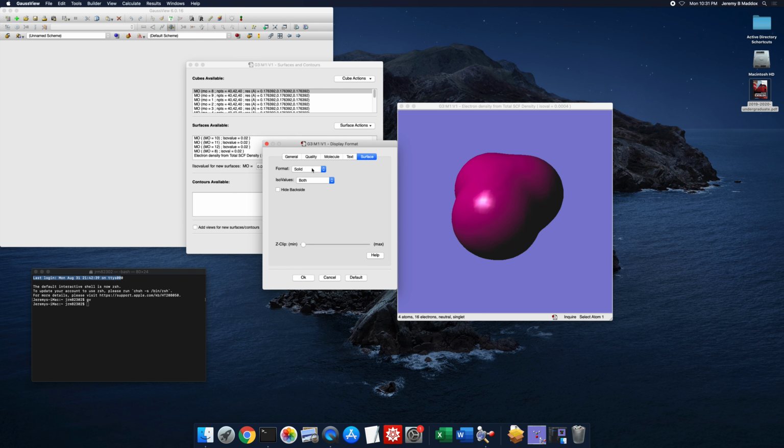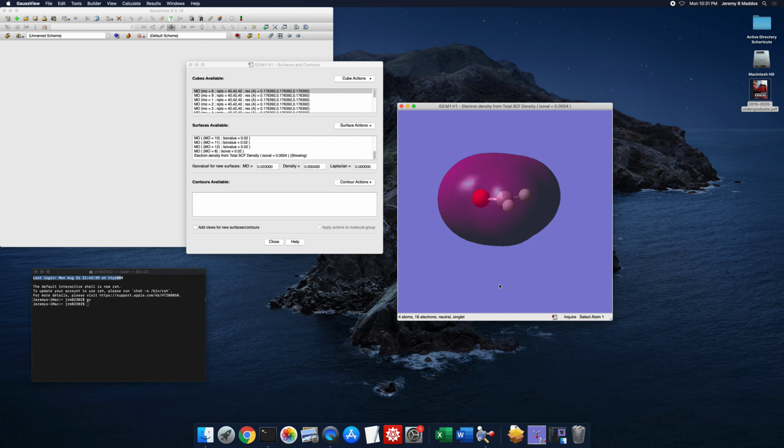visibility of the surface. So here it's being displayed as a solid. I can make it transparent, or I can make it mesh. Mesh is kind of cool looking, but it's usually more distracting after a while. And so the transparent works pretty good. So I'm going to go ahead and select OK. And so you can see where the molecule is relative to the surface. So this is the